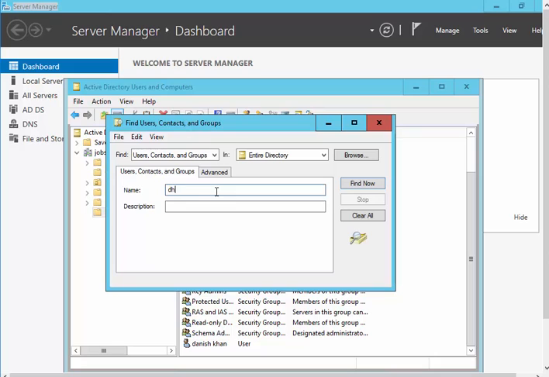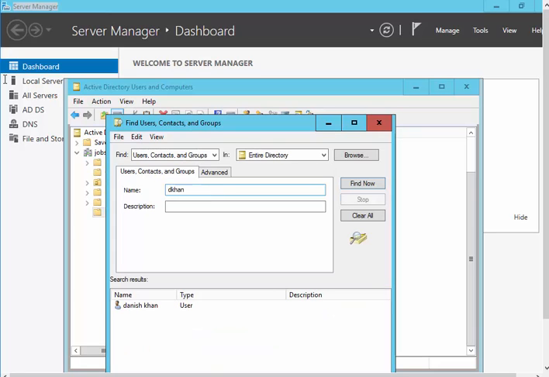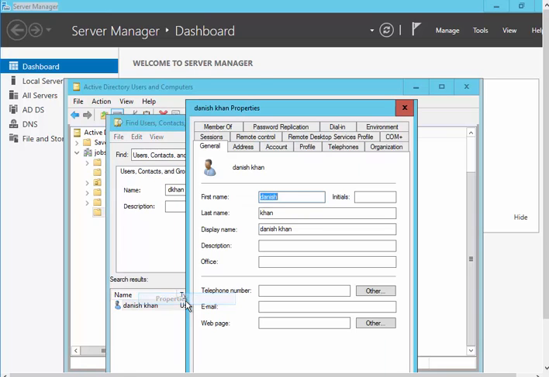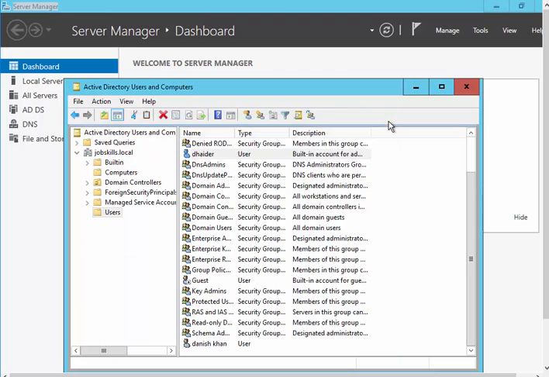Just do dcon. Let's see, dcon. Oh, my keyboard is not good. Okay, so you do dcon, and there you go. So you have that, and now you can do the same process that we can do from the user section. Reset, disable account, add to group, rename, delete, properties. It will give you the same options. So see how quickly you can learn about Active Directory by just having these options.